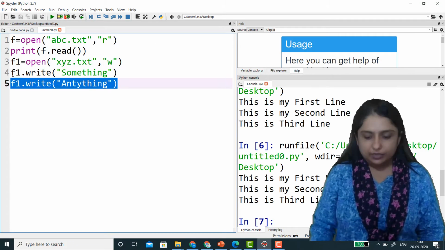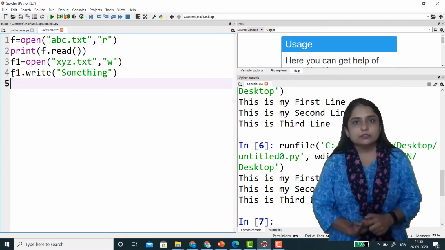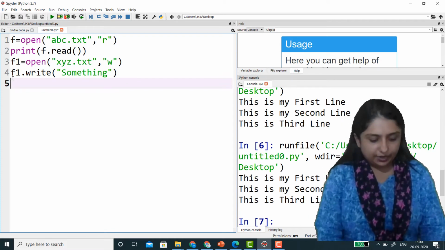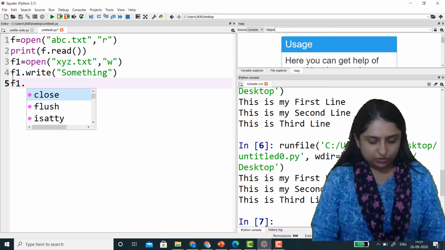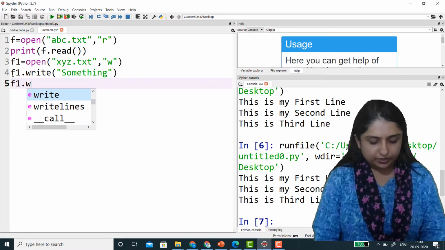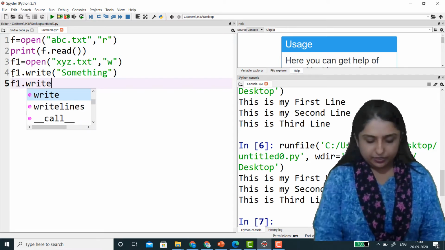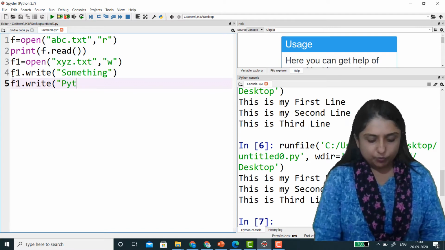Here, if I erase and delete this, and write f1.write, and here write Python.